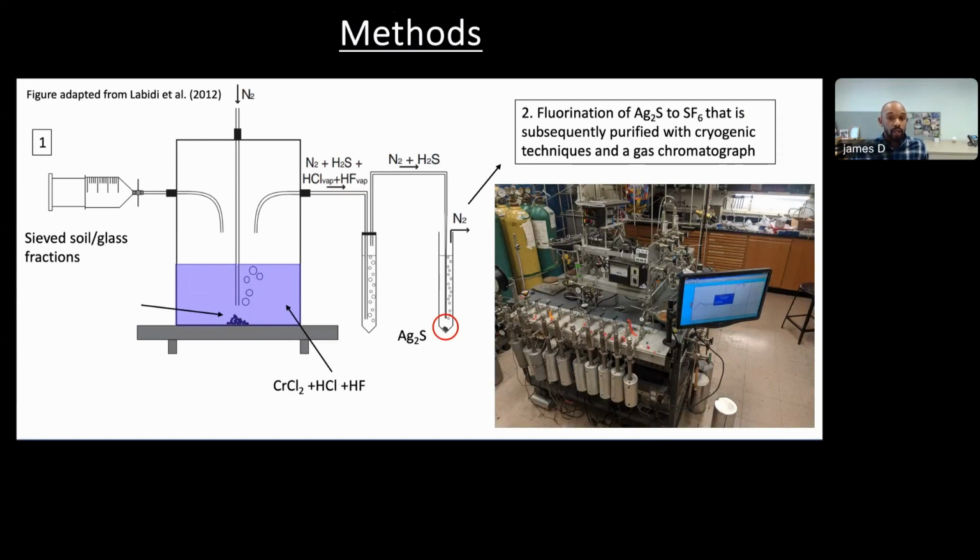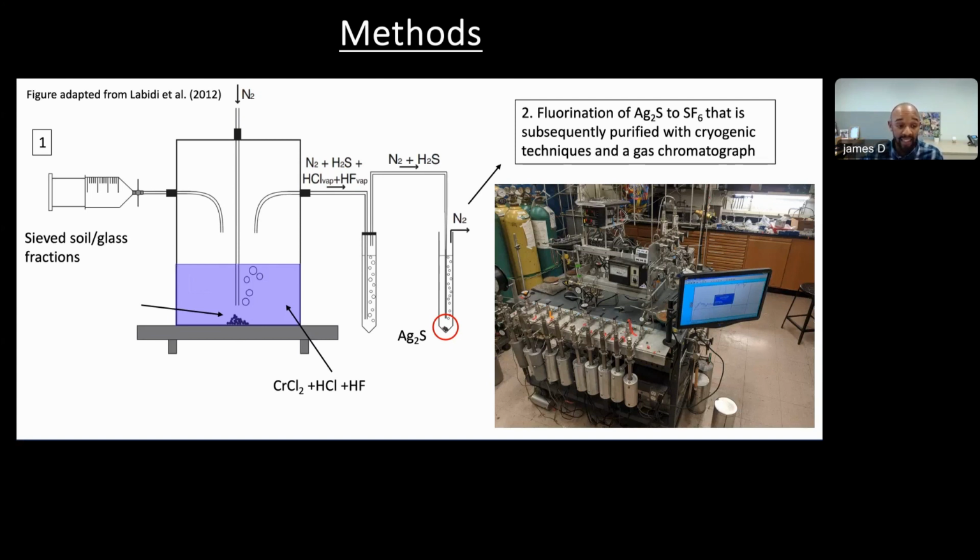Now, in order to make sulfur isotope measurements, there are multiple methods, from both in situ to bulk methods. I have developed an expertise in performing sulfur isotope measurements using gas source mass spectrometry and fluorination. And so quickly, I'll just walk through how I have made the measurements specifically for the lunar samples that I'll show today. So first we start with a bulk soil or glass that's digested in a bath of chromium chloride,